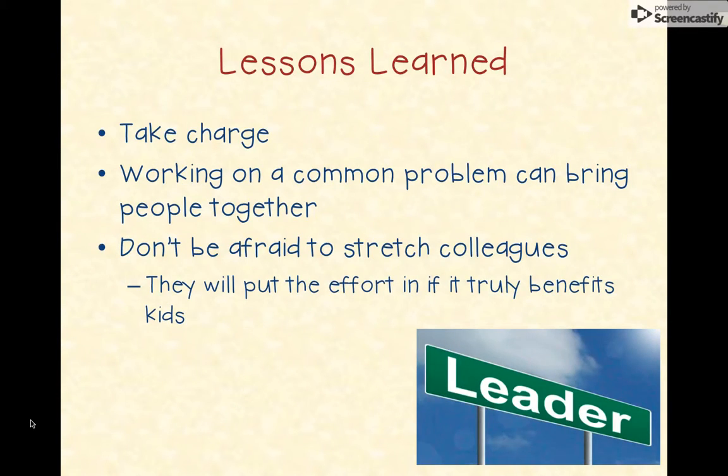As far as lessons learned, the first would be to just take charge. I am the newest teacher on my team, so it put me in a weird spot trying to lead my team in a professional development because I felt like I've been there the least amount of time. I shouldn't be the one that's in charge. I didn't want them to feel like I knew more than they do or I was discrediting all of the years of service that they have and the wonderful things that they're doing in their classroom.